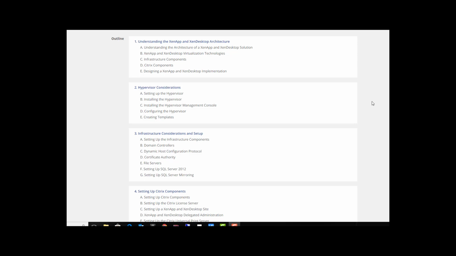So in the previous session we have seen the introduction to the module, where we saw the different topics we are going to cover around XenApp and XenDesktop. In the second video we saw about understanding the architecture of XenApp and XenDesktop, where there was a layer called the hardware layer, which completely talks about the hypervisors, setting up the